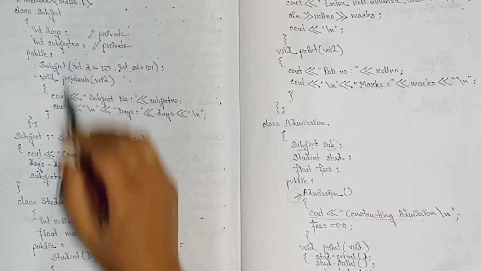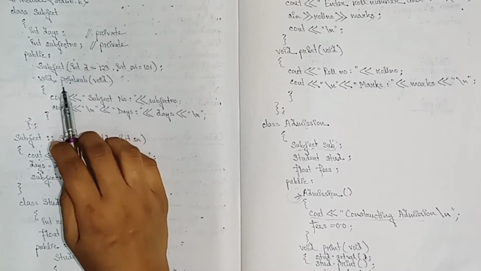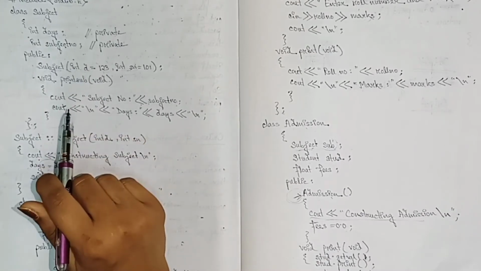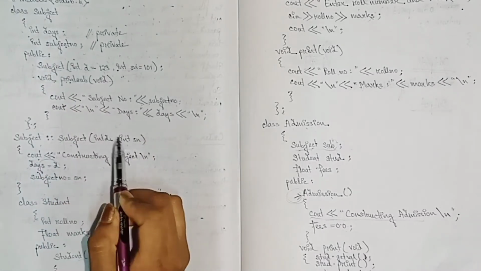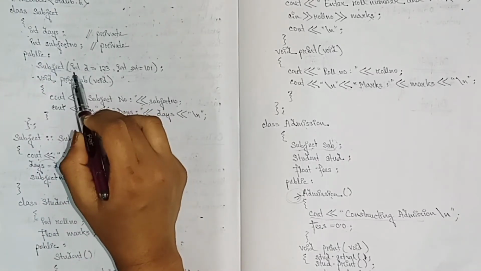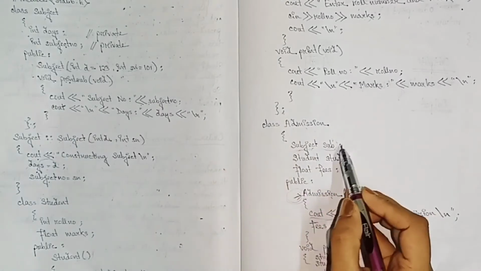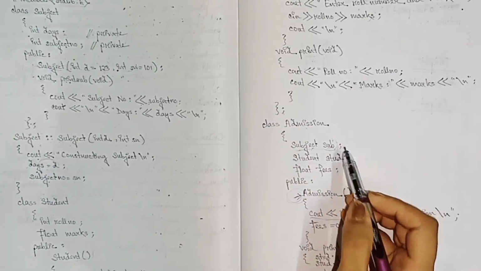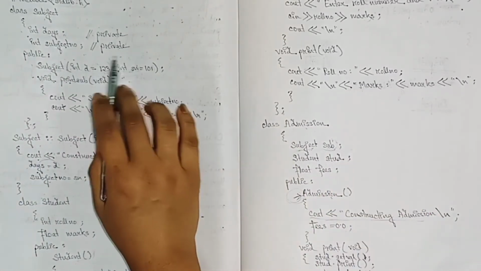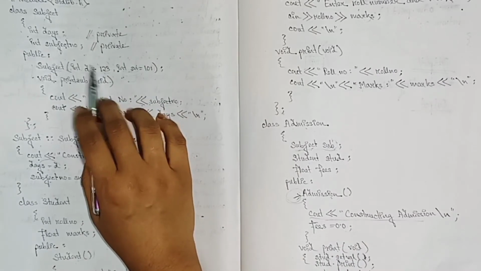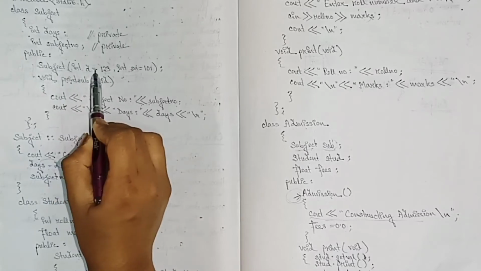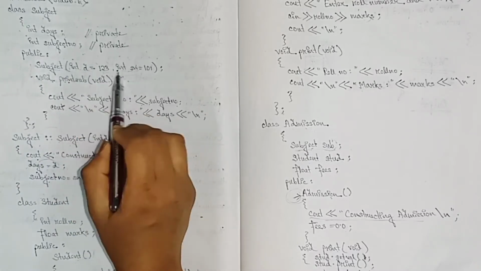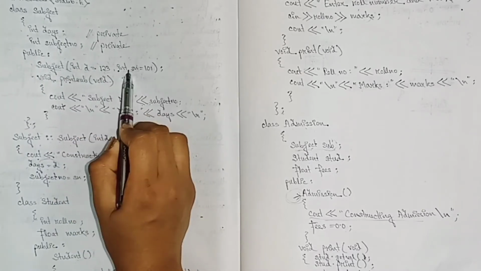But you see in the class subject there is no explicit definition of a default constructor. We have defined a parameterized constructor here, and for that parameterized constructor, in case the user does not pass any value to an object, we have passed a default argument value in the prototype of the constructor. Means this is the prototype of the constructor, and inside this constructor we have given a default argument value.